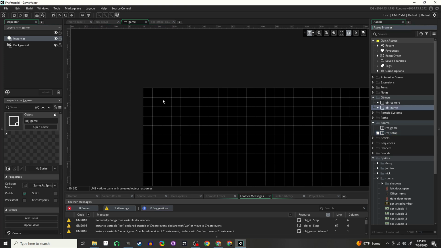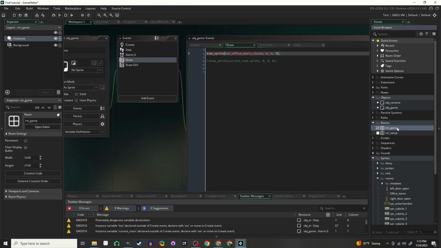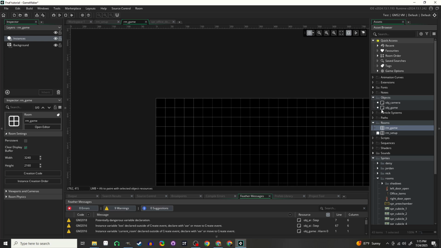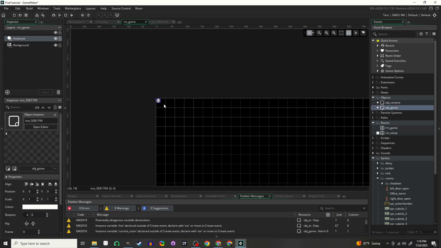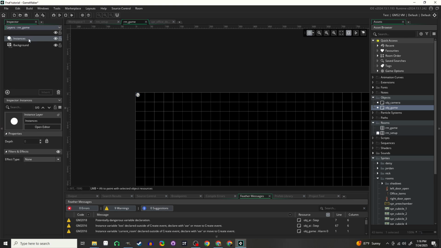And then we're going to take our game, which is going to be drawing the room as we want it. We're going to go here to RM game. We're going to take this and put it in just right there. And if you can't put it in, if you don't see this pop into your room somewhere, double click on this instances layer. So in GameMaker, each room has something called layers, and like the layers in an image manipulation program like the one we saw before,